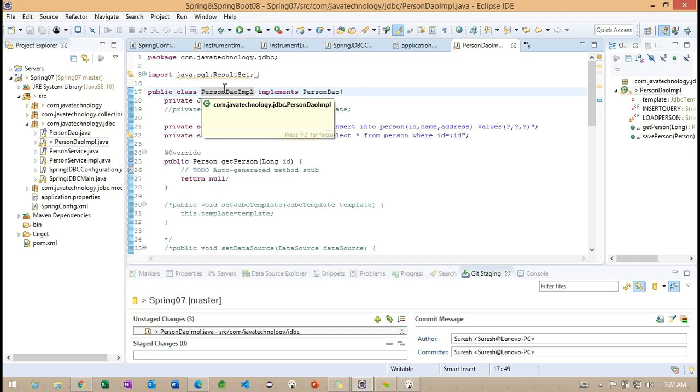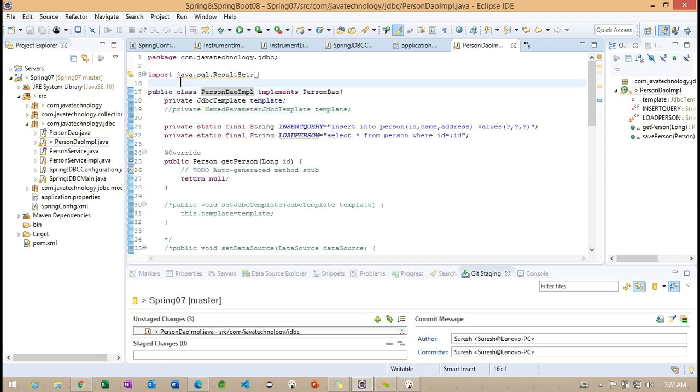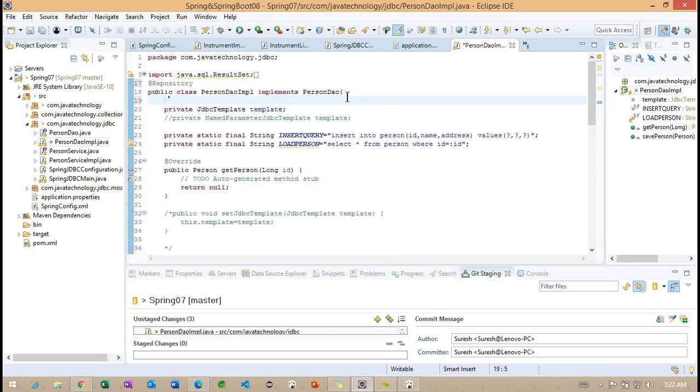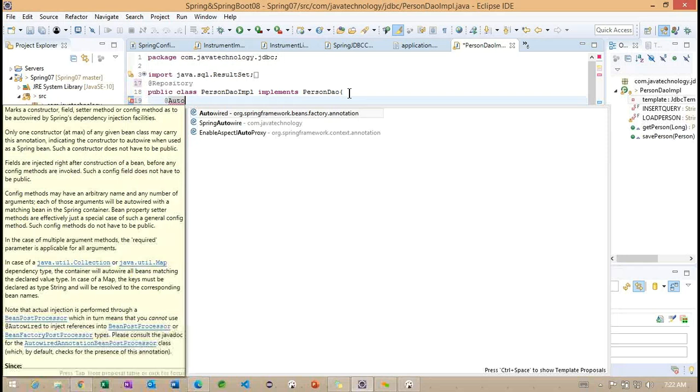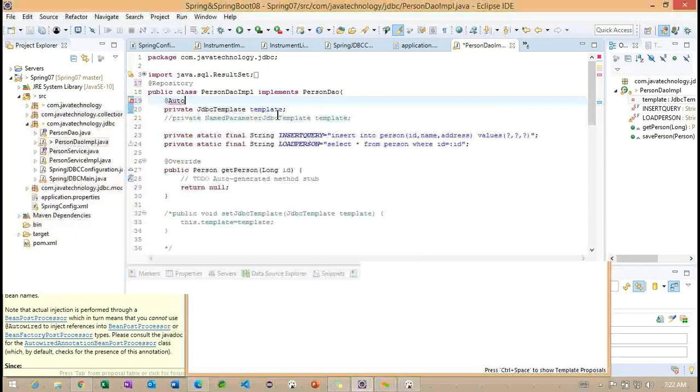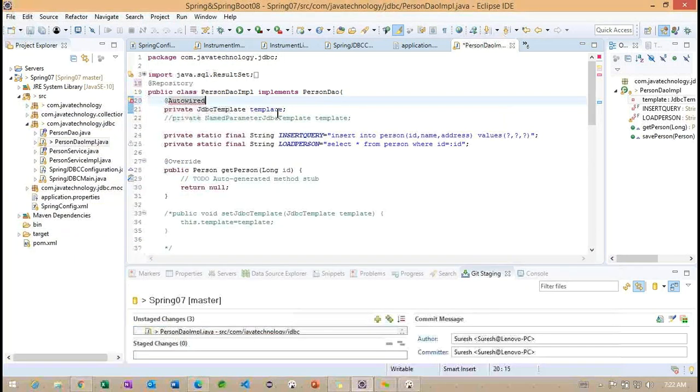Repository. We can use the repository annotation whenever we communicate with database-related classes. And this JdbcTemplate depends on our PersonDAOImpl, so we can use the Autowired annotation.